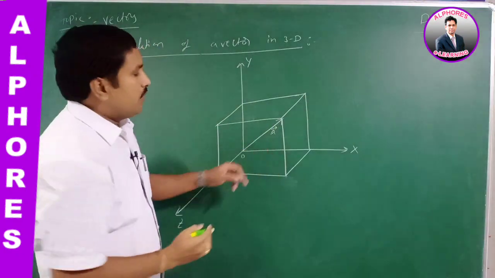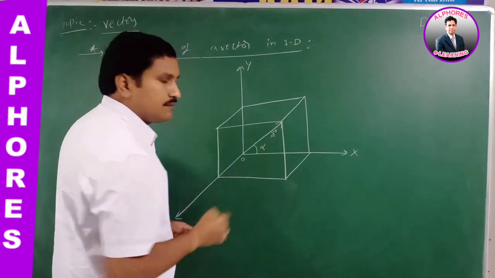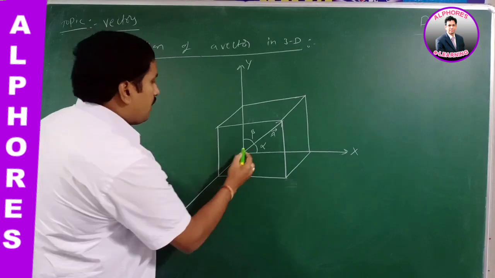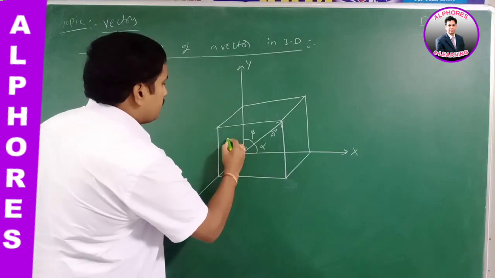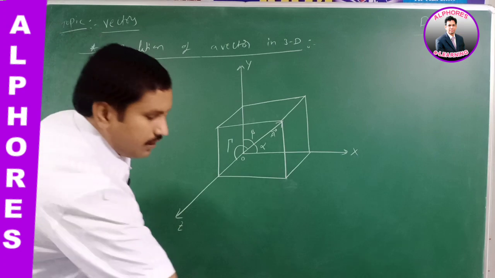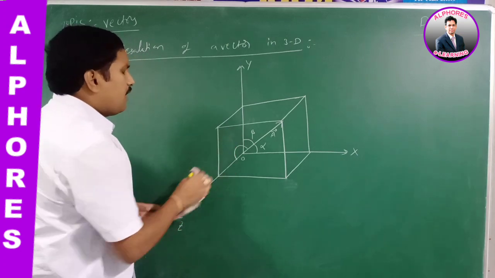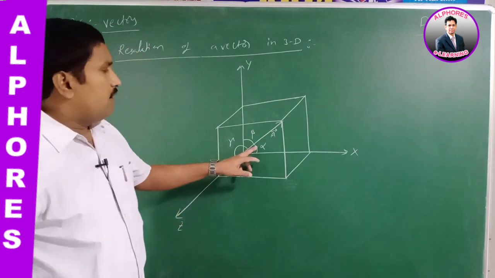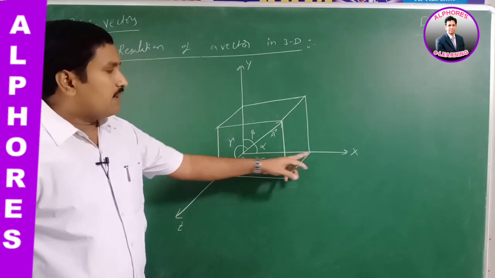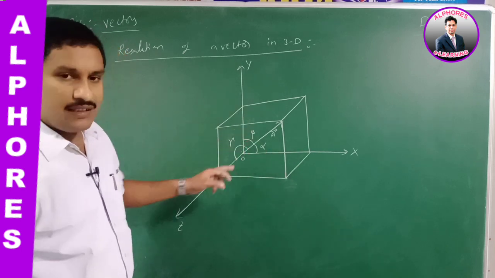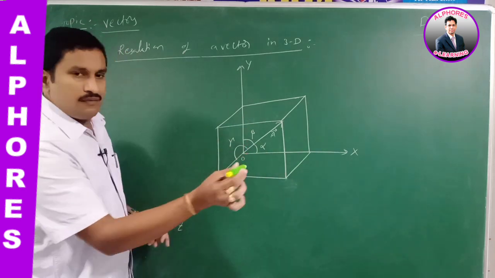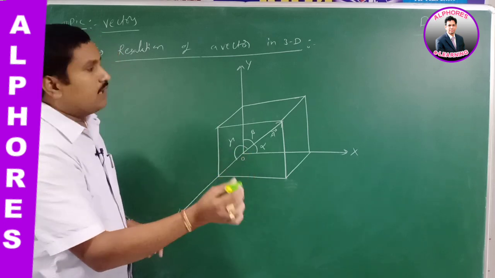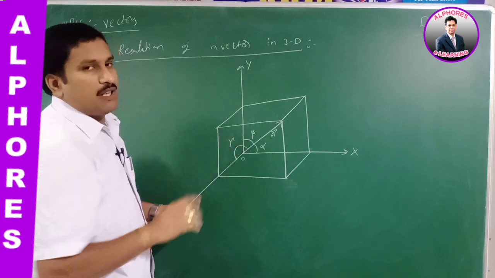This is the vector a bar which makes an angle alpha with x-axis, an angle beta with y-axis, and an angle gamma with z-axis. This is the gamma. Sometimes you can write gamma in this way also, as per our 10th class syllabus. So this vector a bar makes an angle alpha with x-axis, beta with y-axis and gamma with z-axis. What is the direction of z-axis? This one. It is perpendicular to the plane containing the vectors. Okay, this is the z-axis. About the z-axis it makes an angle gamma.